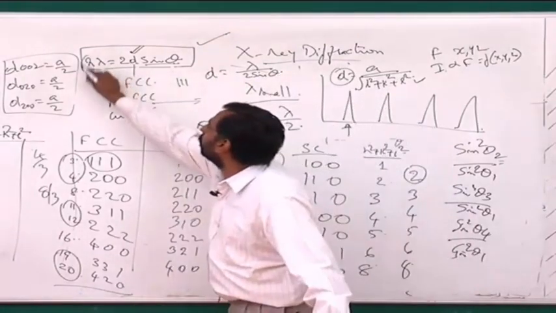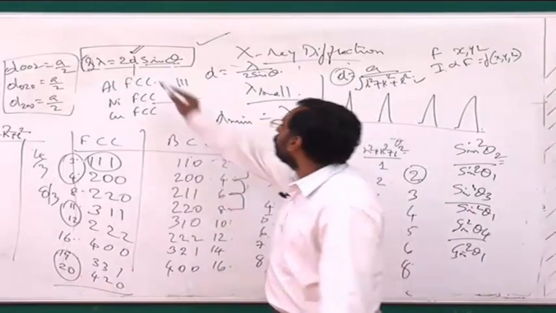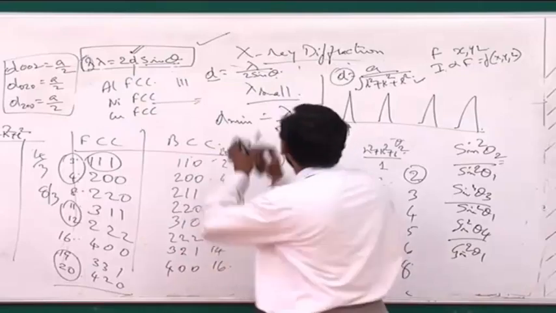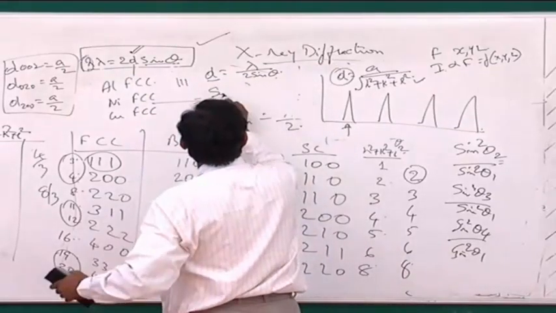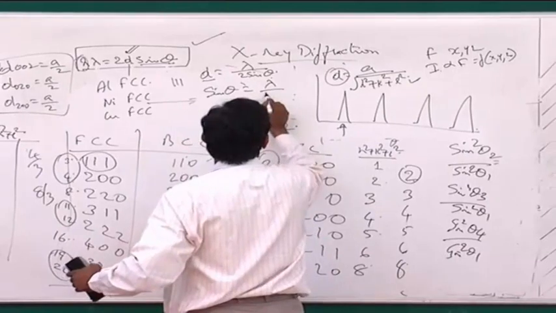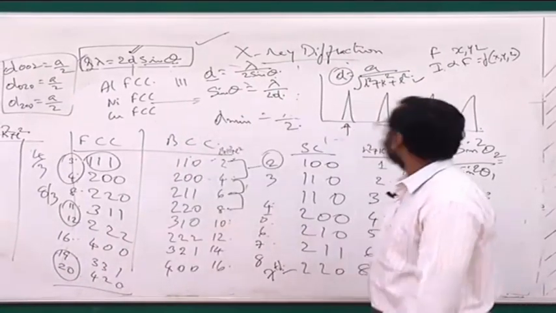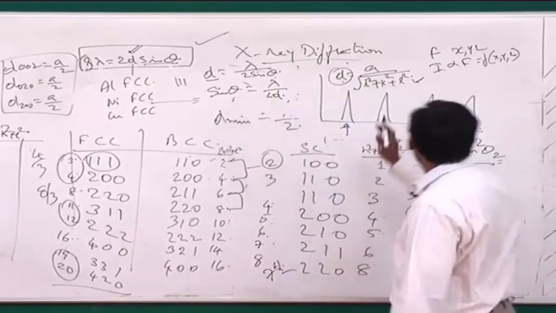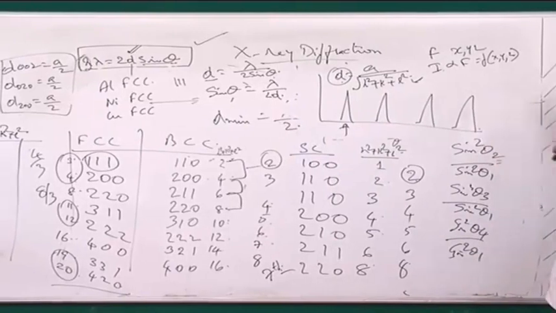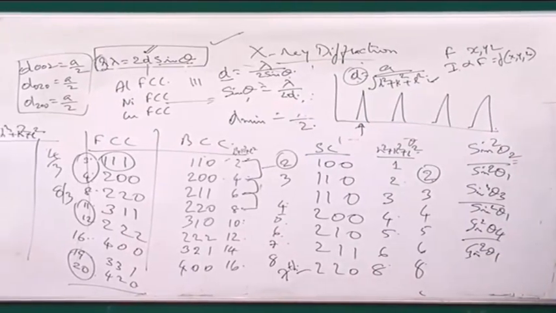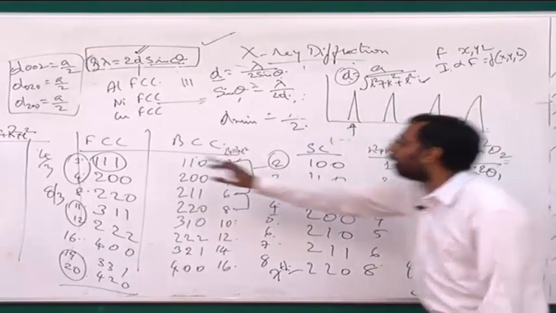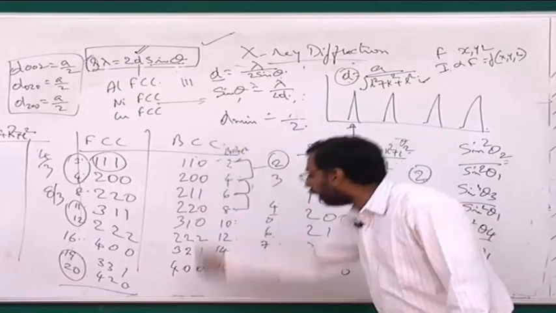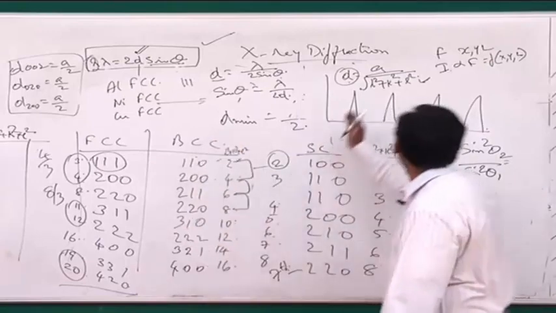For a first order reflection, because lambda equal to 2D sin theta, D equal to lambda by 2 sin theta. So if D is small, theta is large. In other words, I can also say sin theta is lambda by 2D. So for a larger HKL, D is small. If the D is small, theta is large. That's why large HKLs also always will have large thetas. So the first HKL will always be the smallest theta, the smallest HKL. And as you go to higher and higher HKLs, they will always have larger and larger theta.